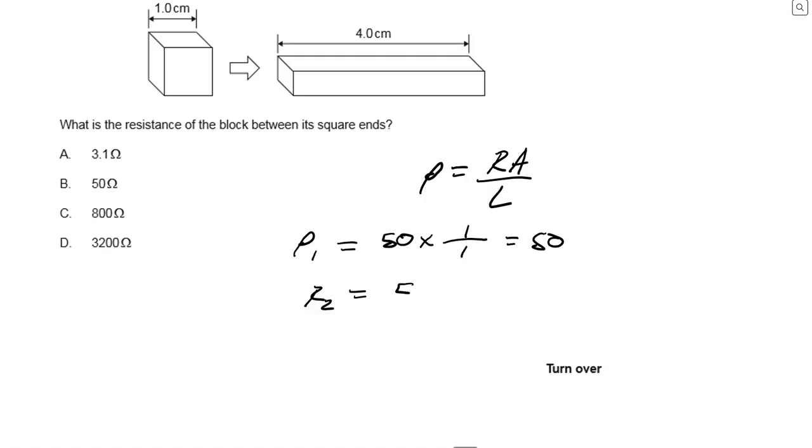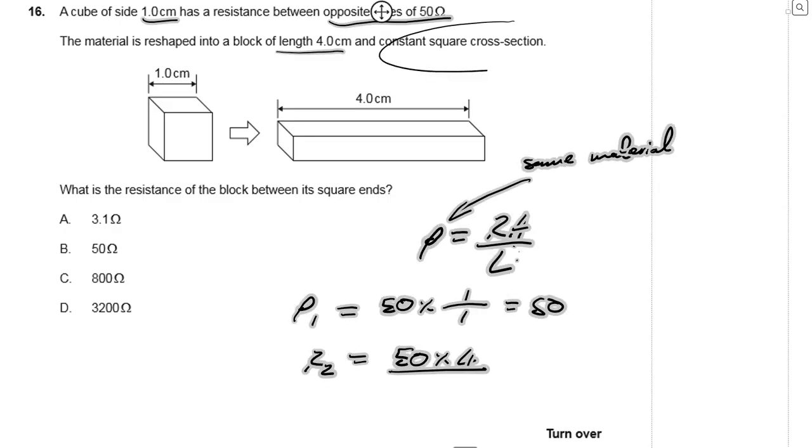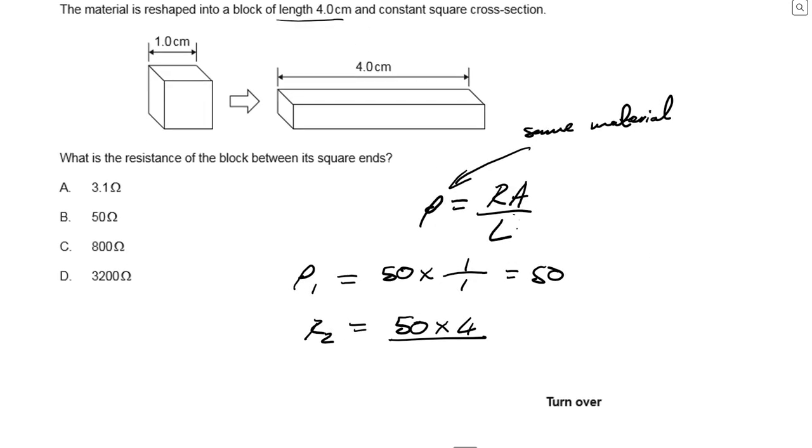And we know it's the same material, so our resistivity is the same. And so resistivity times length, that is 4, divided by our area. Our cross-sectional area is the same, right? Constant square cross-section, so 1. That gives us,